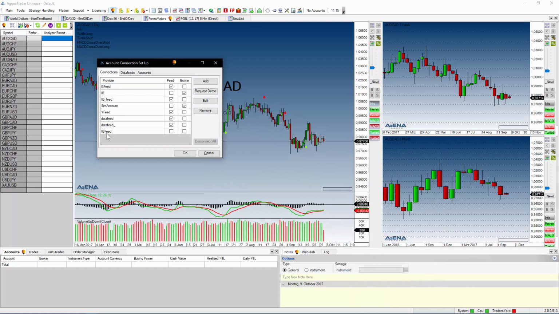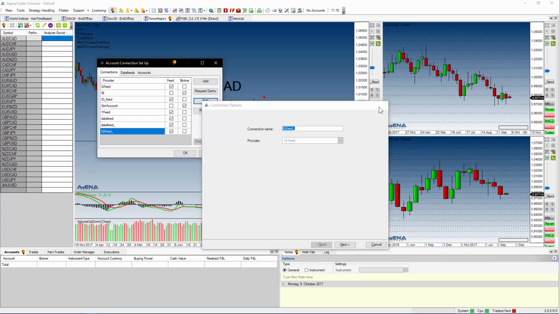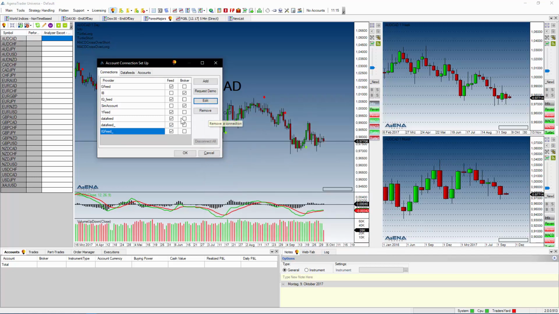Afterwards, you can find the IQFeed connection at the bottom, and you have to select it as a feed since it has to deliver data. So we click the checkbox right next to it. We could edit this connection again if we want to change something by just selecting it and clicking the edit button, or we could remove it as well by just selecting it and clicking the remove button.